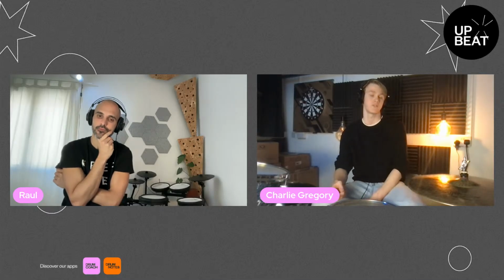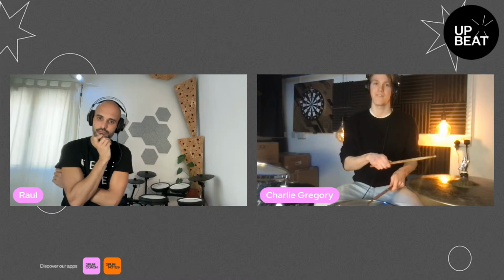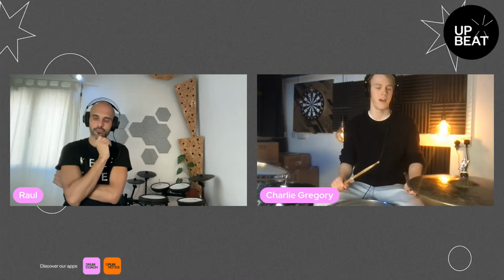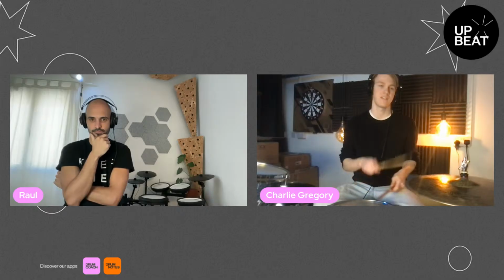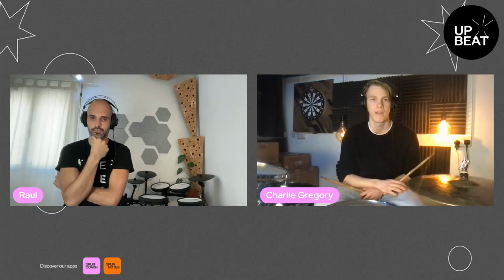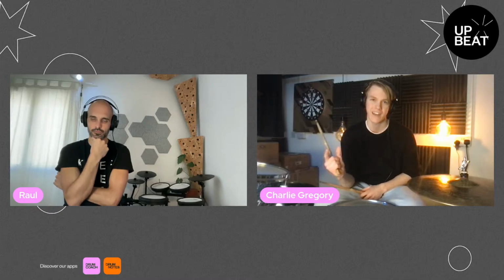If you take a paradiddle and play it between the hi-hat and the snare, so right, left, right, and then you accent the first single on the left hand, and do everything else low, and then put a kick drum on the one, so you get more of a beat. You can really start to feel how those ghost notes affect the vibe of the beat, right?